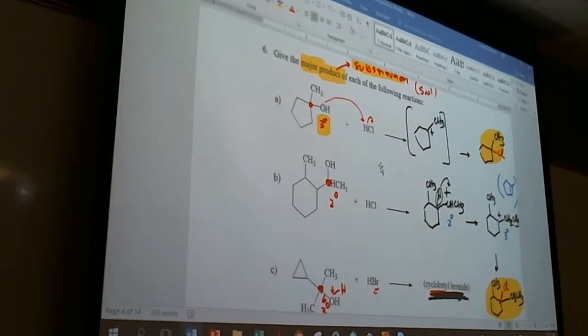If you've got a primary or a secondary, you're probably better off with PBr3, PCl3 to avoid rearrangements, because PBr3 goes via an SN2 reaction. Okay. Now,